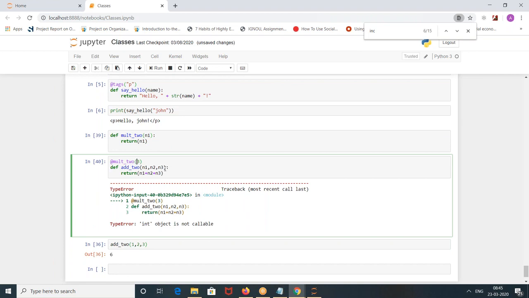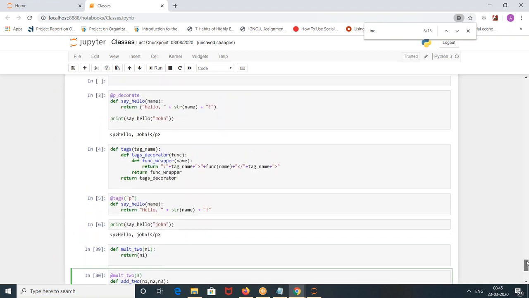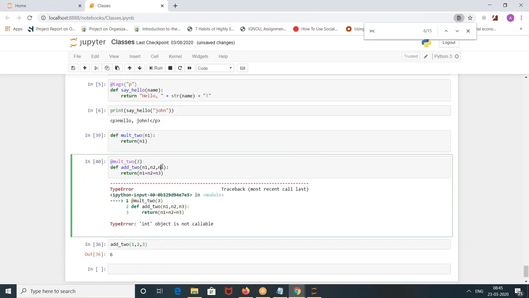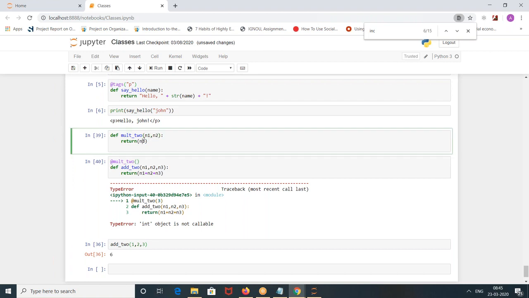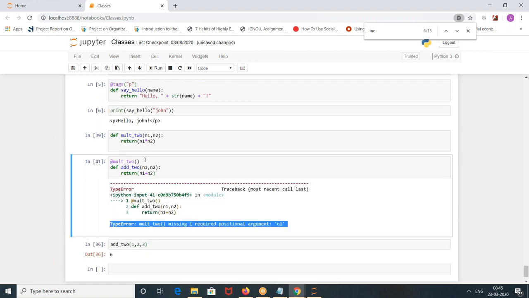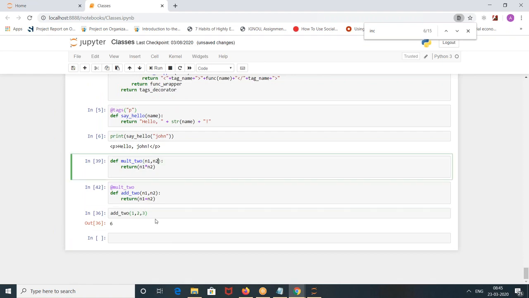One second. I'm making some syntax mistake, the decorator with @. Mult2, the silliest mistake I could make, I was calling it.